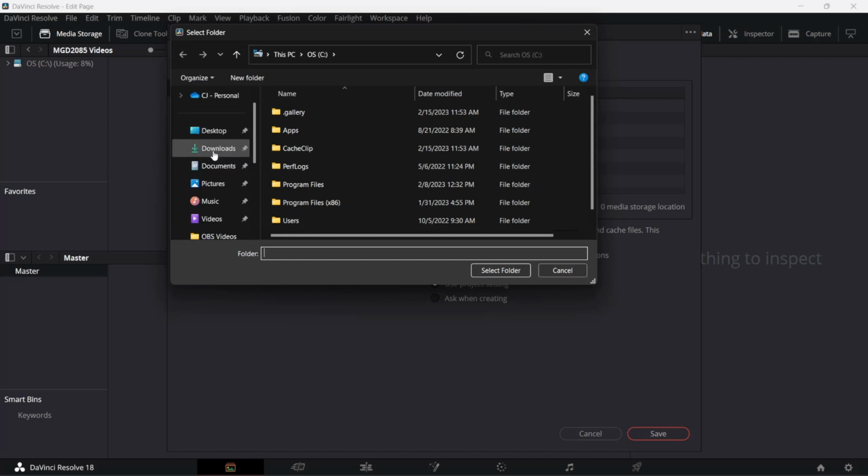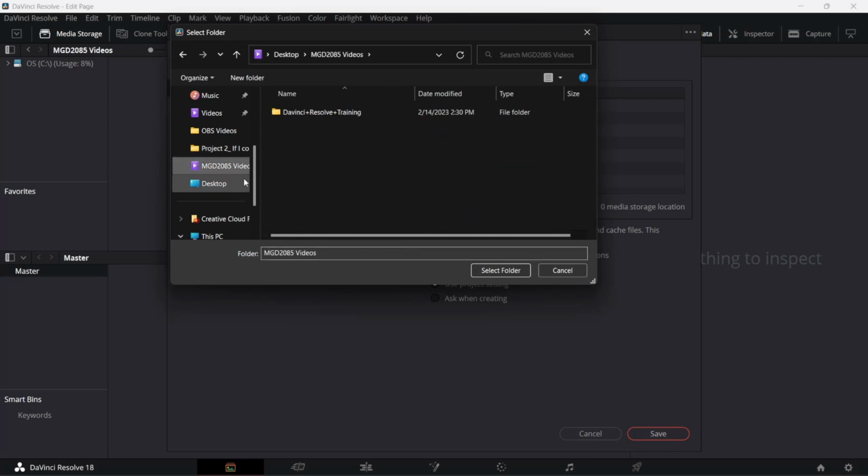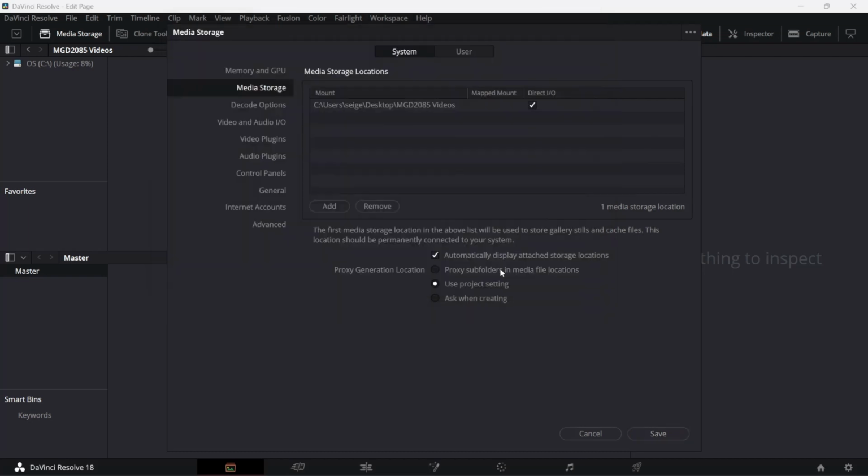Okay, and that's pinned. And then in this little area down here, I've hidden all my stuff named after the class, MGD2085 videos. So let's select that folder. That brings us here and it gives us the path to that, and then everything that's included in that path. So we'll come down and we'll say save,